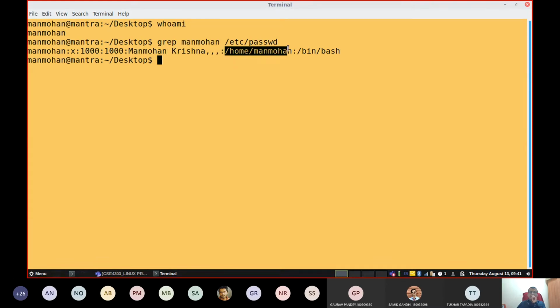Then this particular parameter, /home/Manmohan, indicates the user account. When I say user account, in case I create one user account in my computer, within a folder called home folder, /home, in that subdirectory, one new subdirectory is created with my username. Now at this moment, my username is Manmohan. So /home/Manmohan is my home directory. We call it a home directory.